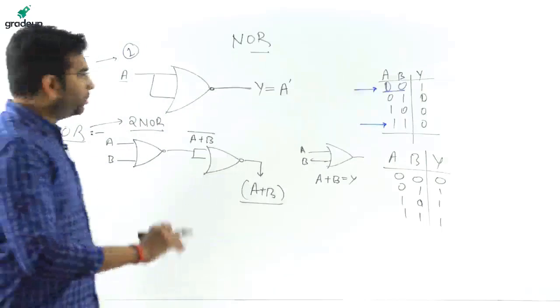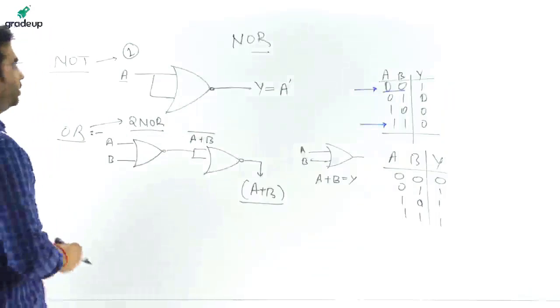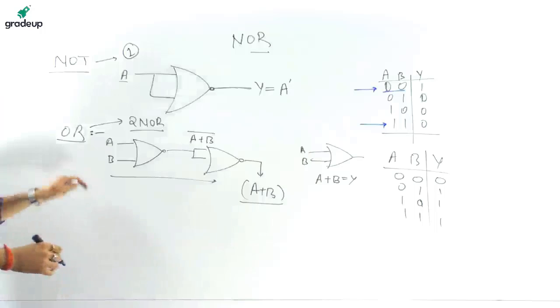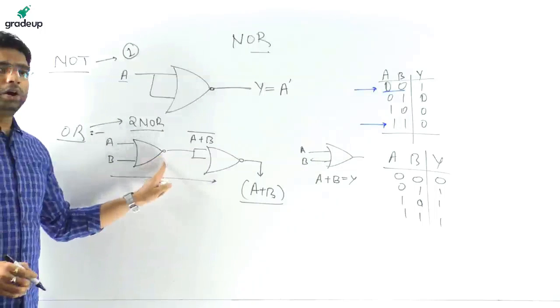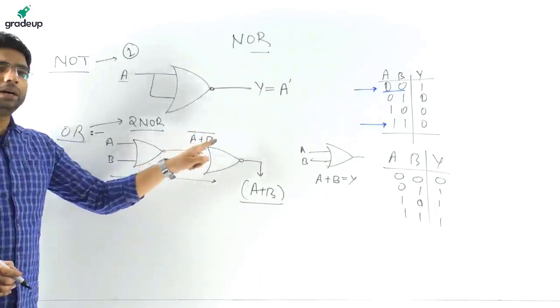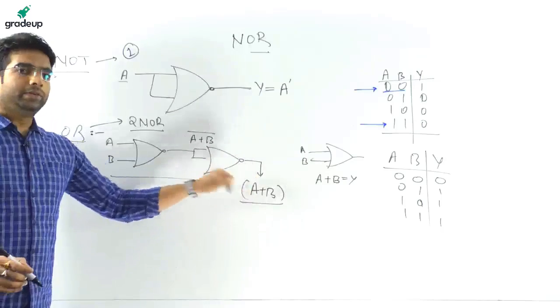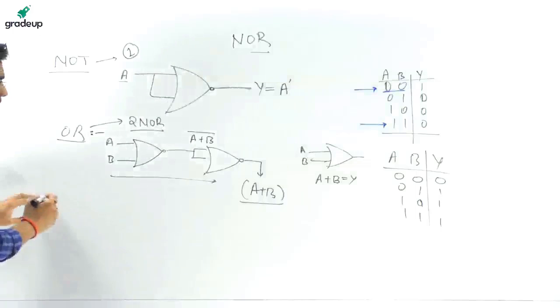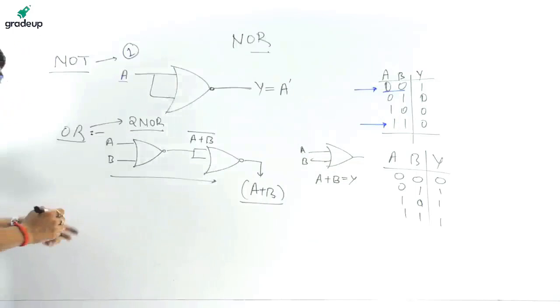Okay, I will give you a summary at the last. You can take a snapshot of that. Okay, first go through the concepts. A B NOR operation, A plus B bar, and again it will be A plus B. So dear friends, now we have to design a NAND AND gate.